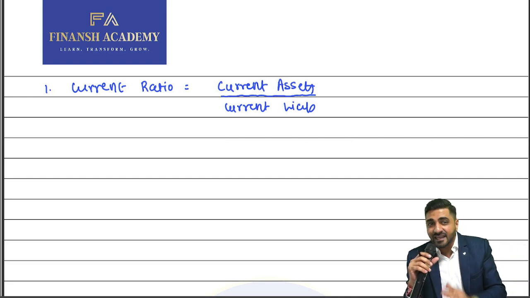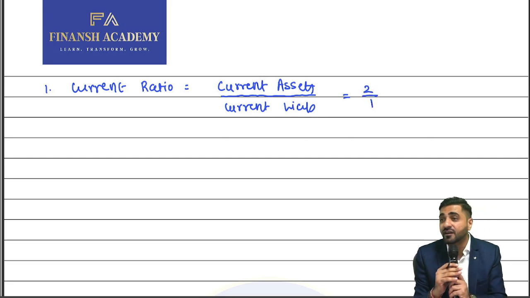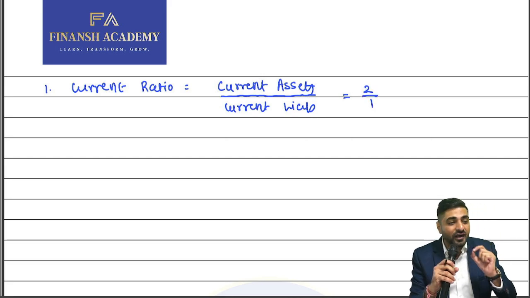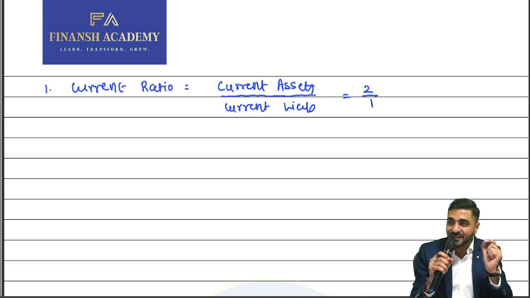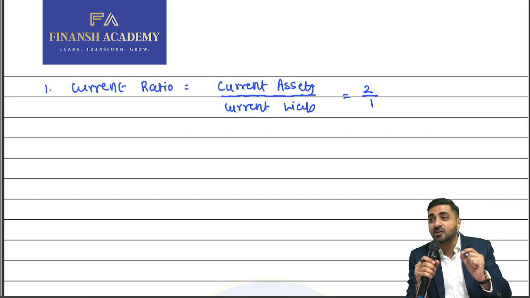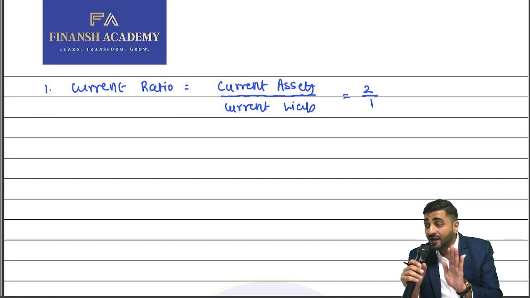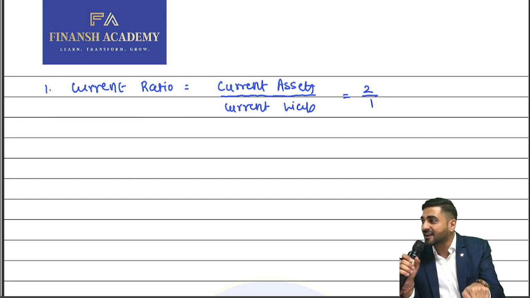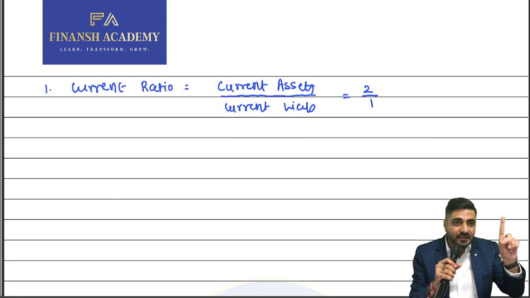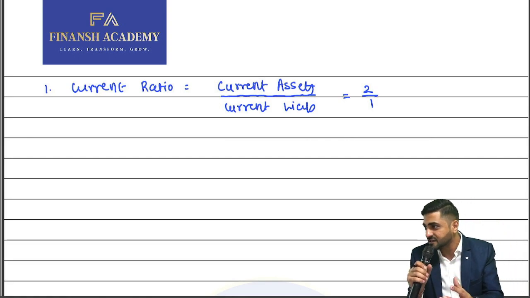And there is a standard ratio for it. What's the standard ratio? Of course, it's going to be 2:1, right? Because for every 1 rupee of current liability, we actually want double current assets. Will that help you to measure the short-term solvency position? Why do we use the word short-term solvency? Because here there are assets and liabilities which can be converted into cash within a period of 1 year. That's why we call this your current ratio and also short-term solvency.